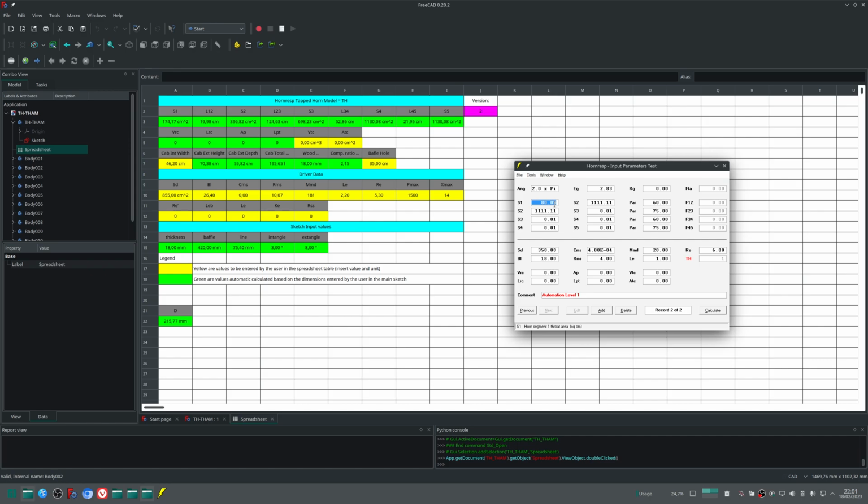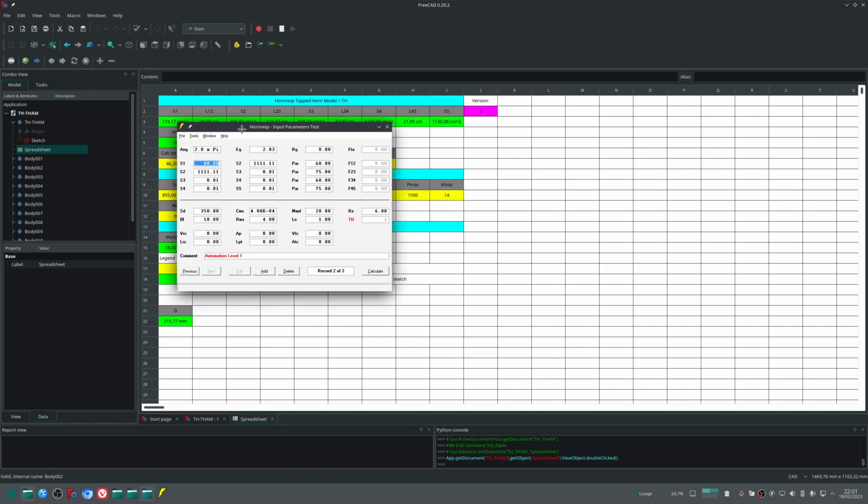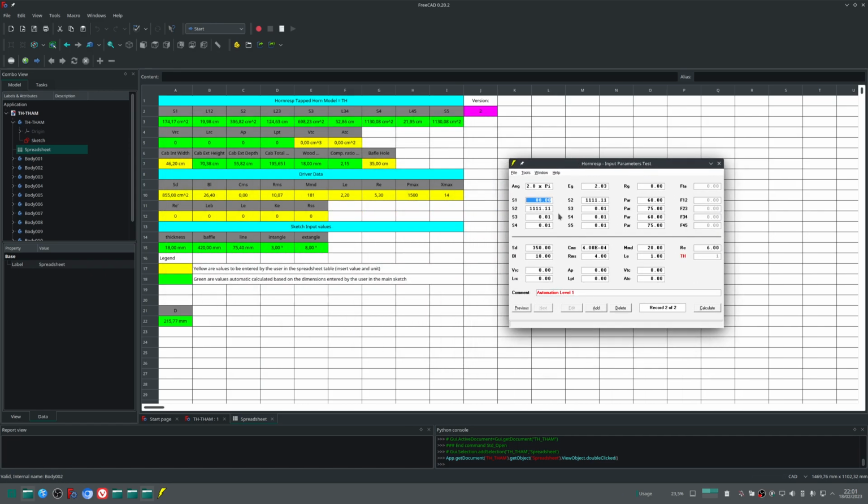So you can enter here all the information you find here in the spreadsheet. The S2, 396.82, the segment is 19.98,